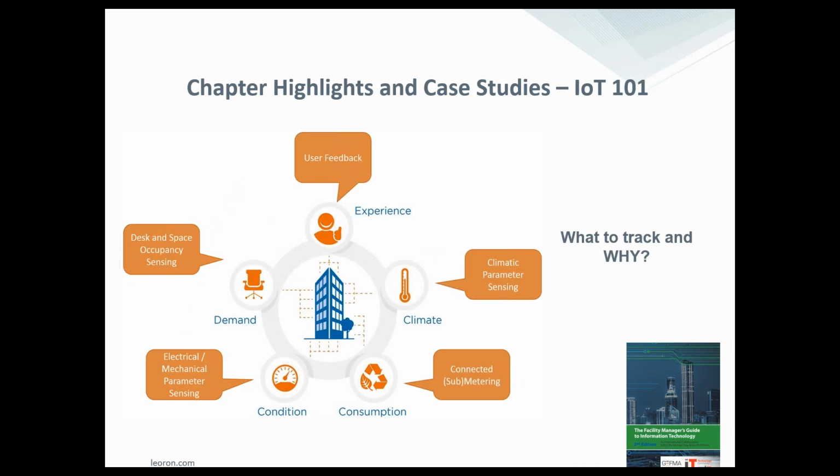Okay. Now, there are all sorts of different places where we can use IoT. And what we have to understand is that there are opportunities in all of these areas. So I'm going to talk about it one by one. So there's an opportunity to get quality user feedback on their experience. And that doesn't necessarily need to be a person telling you what they're doing. What you may get is a person's actions, and some of these other sections will give you more of a person's actions of really how they're feeling about the space.